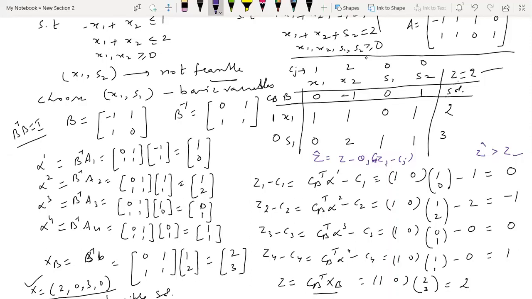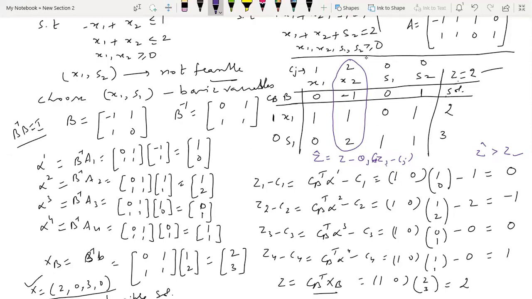So what we do, we are now going to enter this variable into the basis. Okay, but presently I have two basic variables x1 and s1. So if x2 is going to enter in place of x1 or s1, then we have to see which one of them has to be removed, right? So for that,